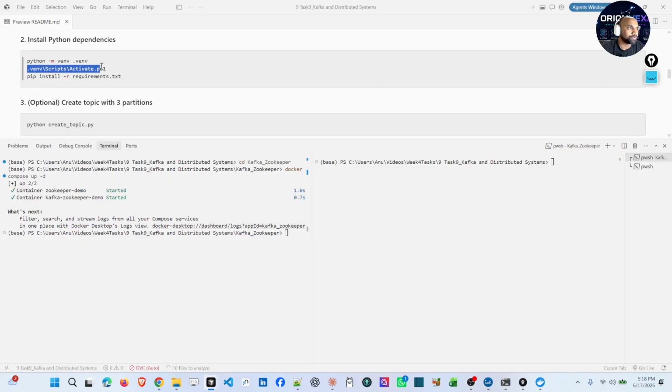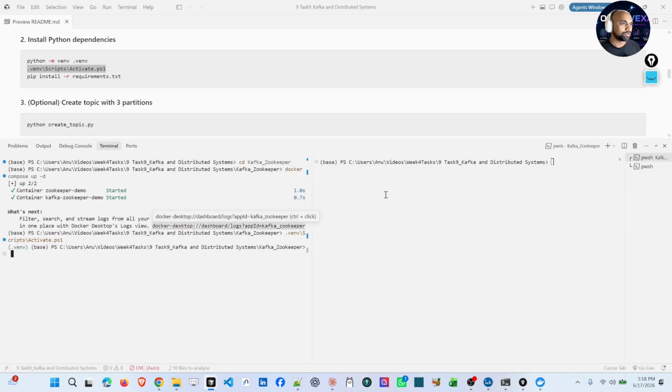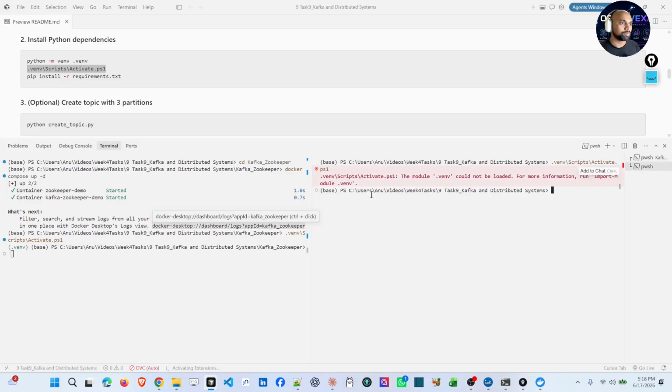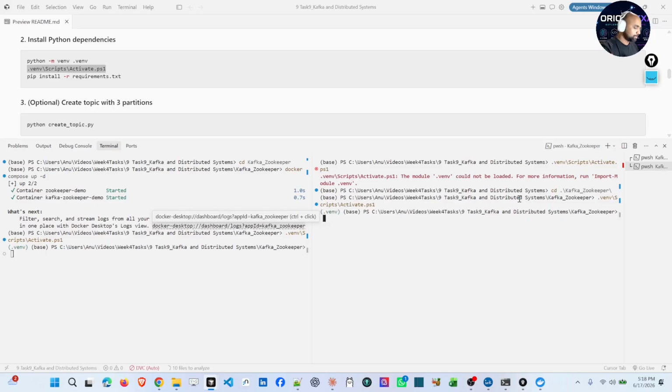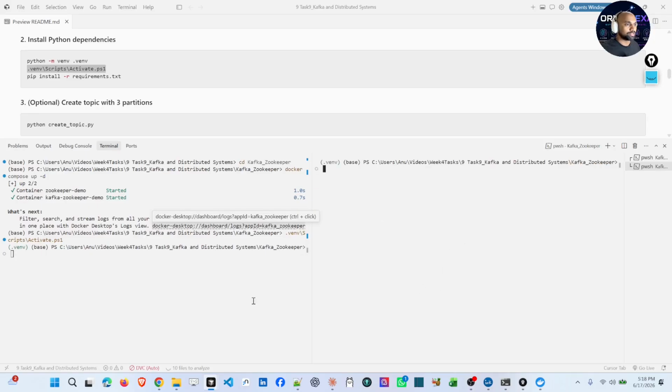And we need to enable this virtual environment on both these terminals. Okay, now it is venv. In both cases I am using cd kafka-zookeeper, then enable venv. Clear the screen.